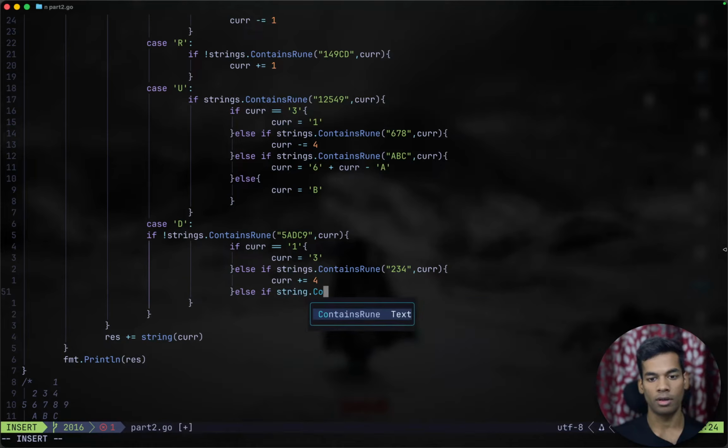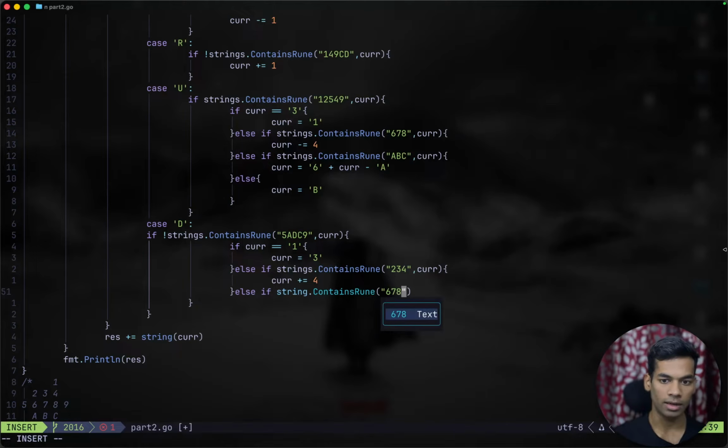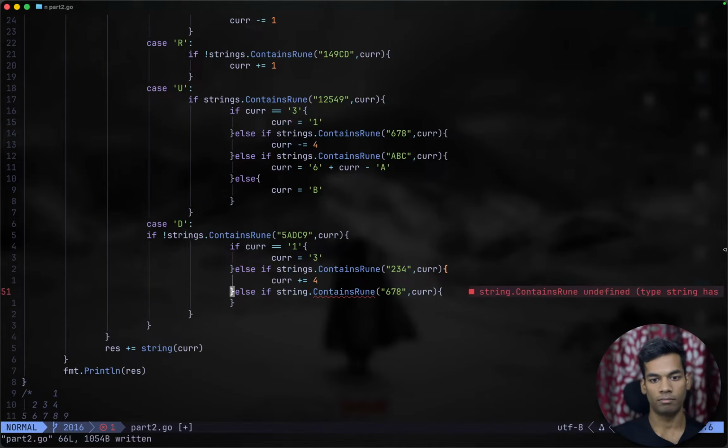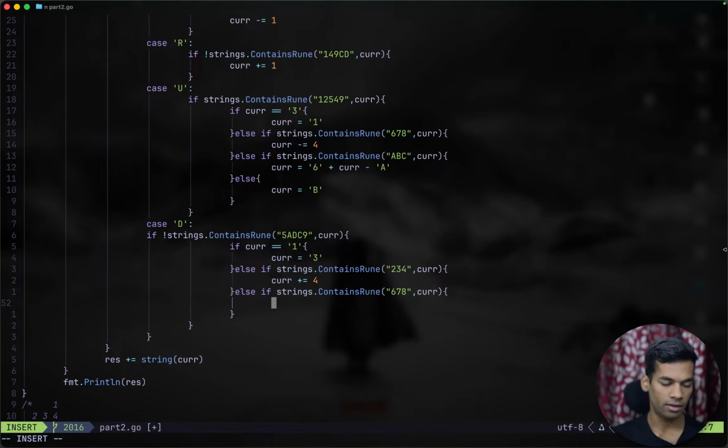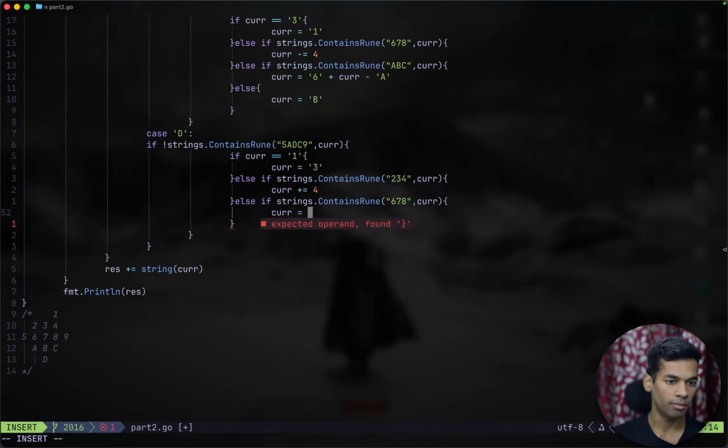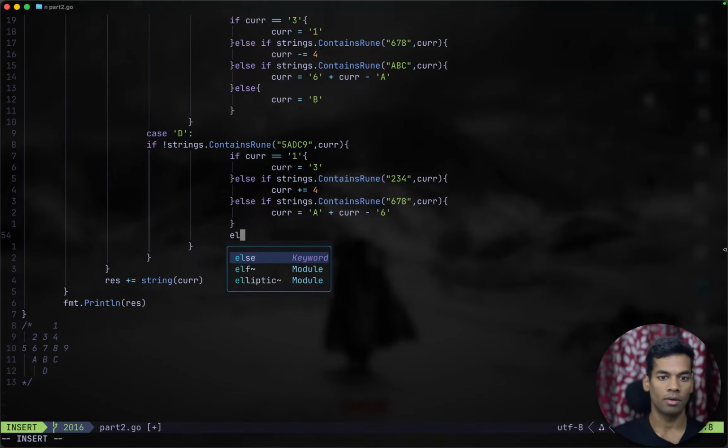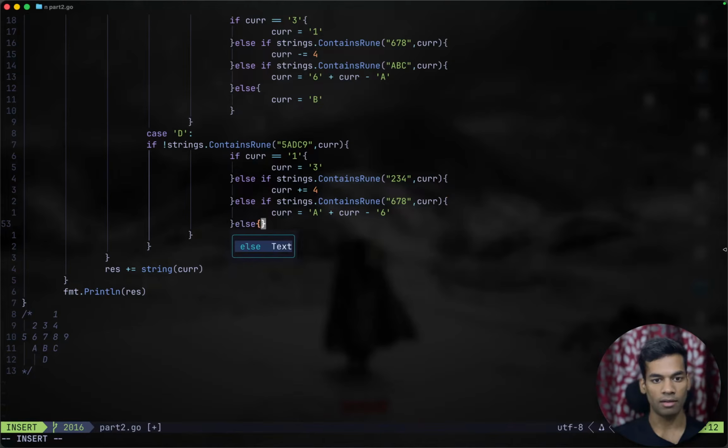Strings dot contains rune if we are at 6, 7, 8, then cur becomes equal to capital A plus cur minus tick. Same line, else